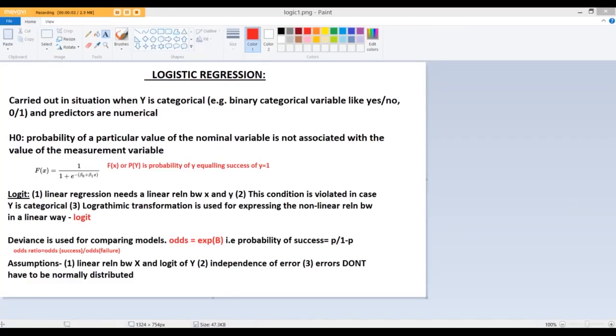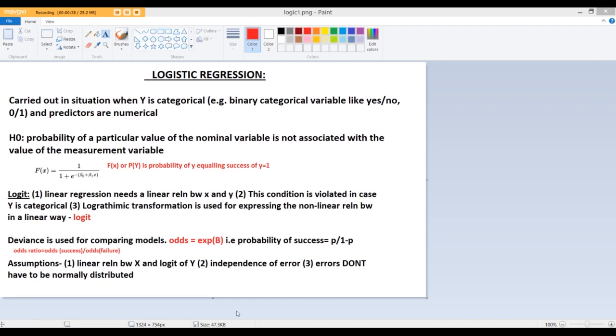In this lecture, I will introduce you to logistic regression, which is one of the most widely used applications of GLMs, so much so that many people end up using the terms logistic regression and GLM interchangeably. Logistic regression is carried out in situations when our response variable y is categorical. So when we have binary categorical variables like yes or no, success or failure, 0 and 1, and the predictors